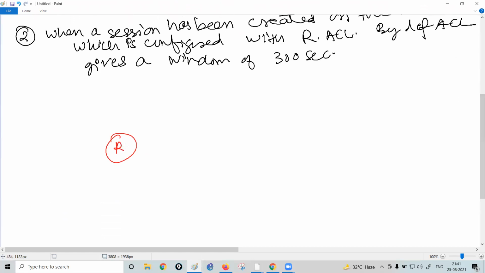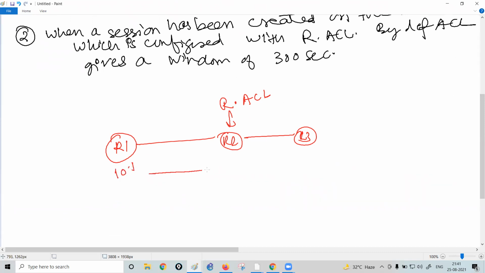This is my router R1, that's my router R2, that's my router R3. Let's suppose I have configured reflexive ACL on my router R2. I have told my router that whenever you receive any packet from 10.1, you need to create a reflexive ACL.